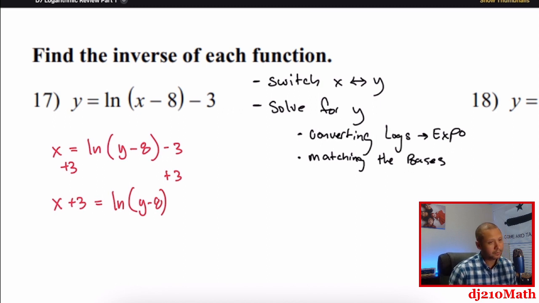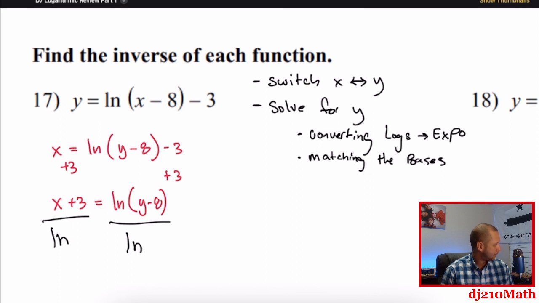There is a hardcore rookie mistake that everyone makes in the beginning. You cannot divide both sides by just ln. It may look like it, but that doesn't even make sense, because ln itself is not a number, right? Ln is a function,